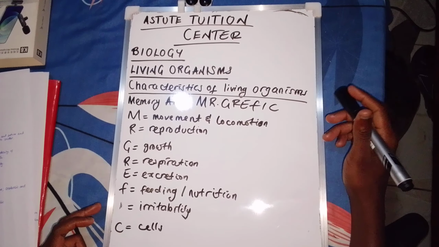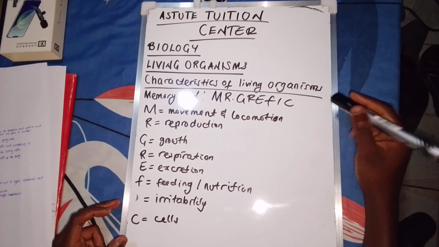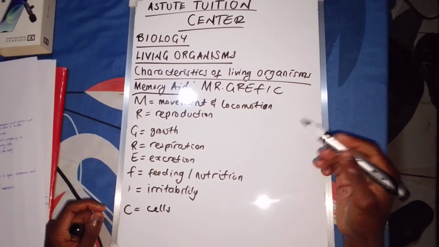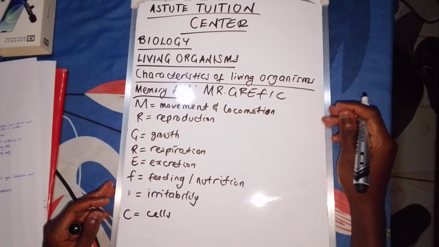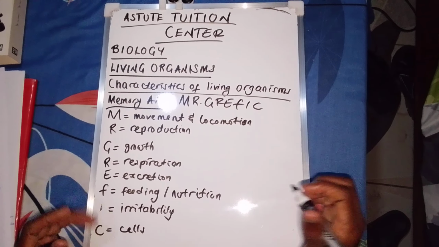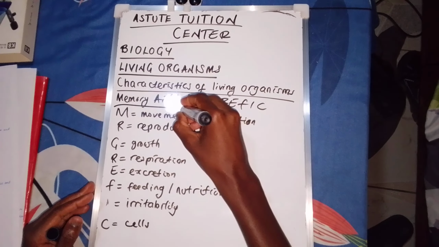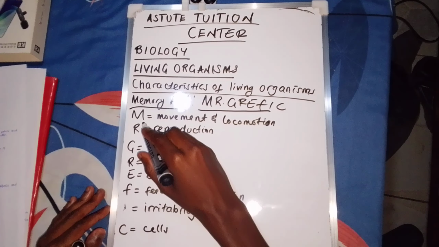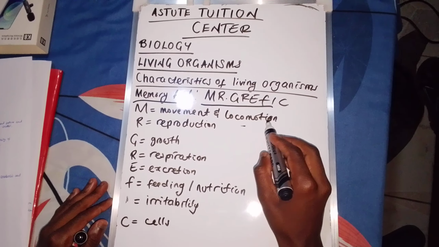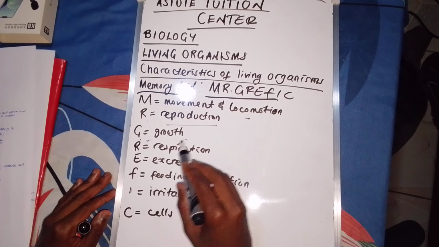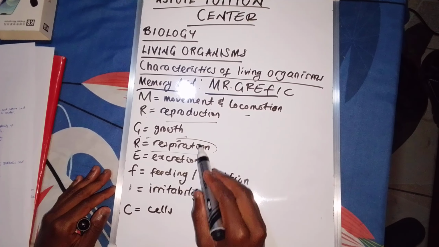For you to easily remember these characteristics, you are given a memory aid or a mnemonic that will easily help us remember those eight characteristics, and that memory aid is Mr. Griffith. So M in the Mr means movements and locomotion, the R means reproduction, G means growth, R means respiration,